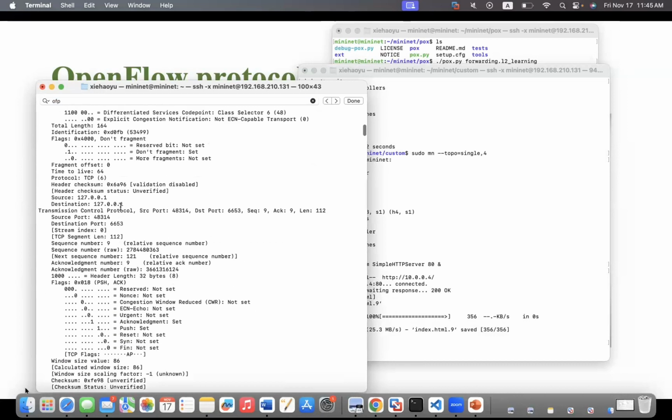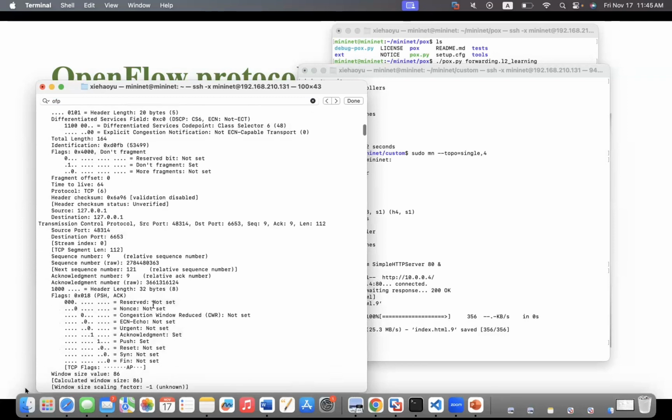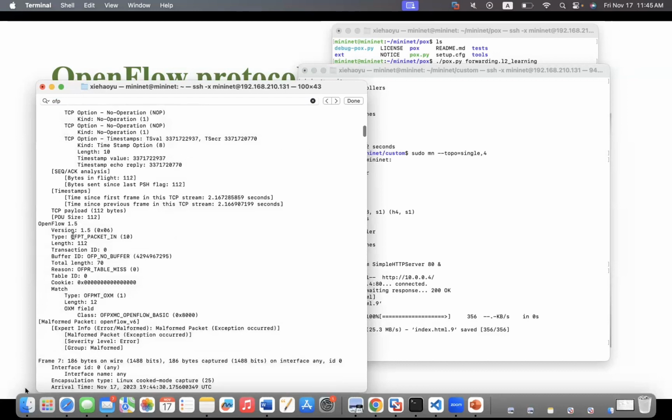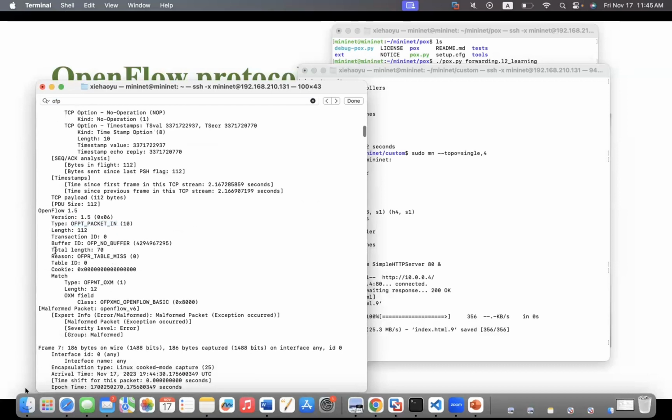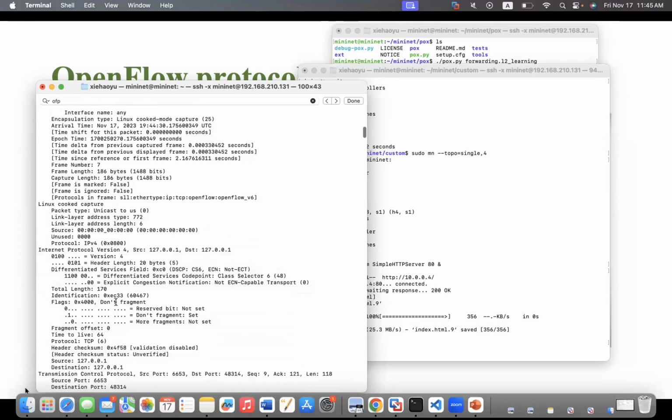So here, let's see, it's frame 6, and the type is OpenFlow packet in message, and you can find the buffer ID here. So this packet in message doesn't encapsulate the SYN packet. It just contains the buffer ID of that SYN packet, as you can see here, and it will figure out the IP address is from